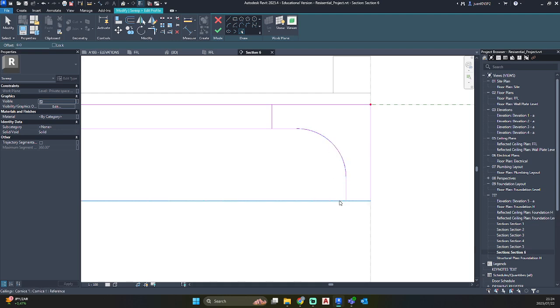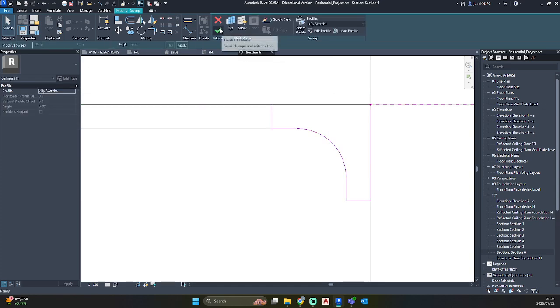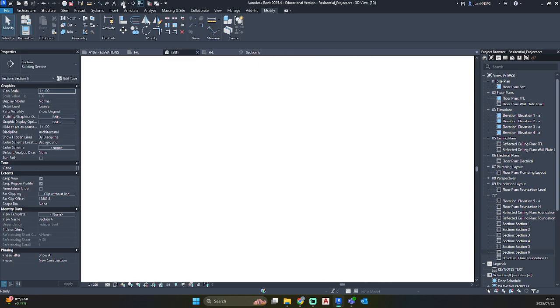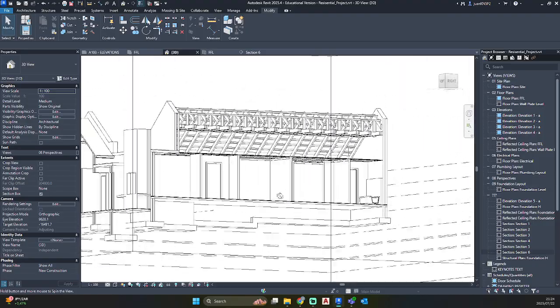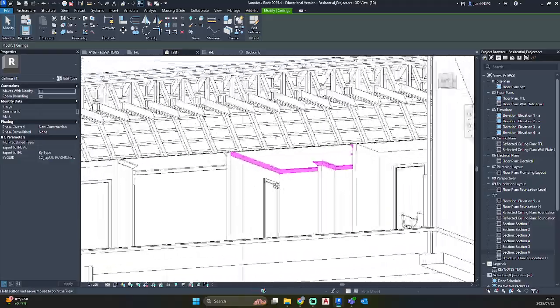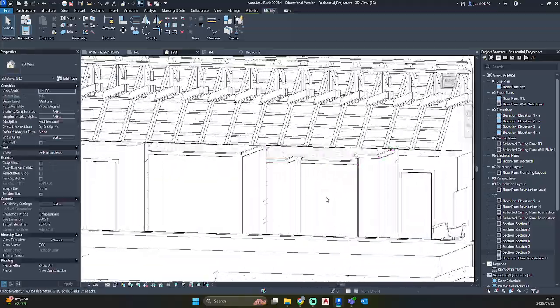So now, as you can see, this line is extending too far. Let's use TR for trim and extend, so we can create our nice little corners profile. Let's go finish edit mode, finish. Let's go finish model and go to our 3D view. And there is our second cornice.